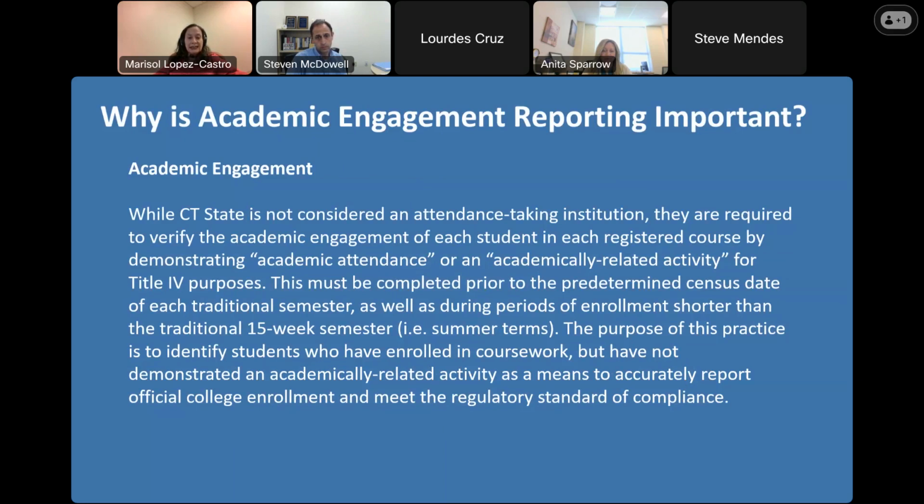So we have to validate students' academic engagement in each class. We aren't an attendance taking institution, and that differs. It's pretty much being engaged in the course, and not just one course, in every course they're registered for. And if Steve could explain the financial implications on this for us to have a better understanding as to why this is important, that'd be great.